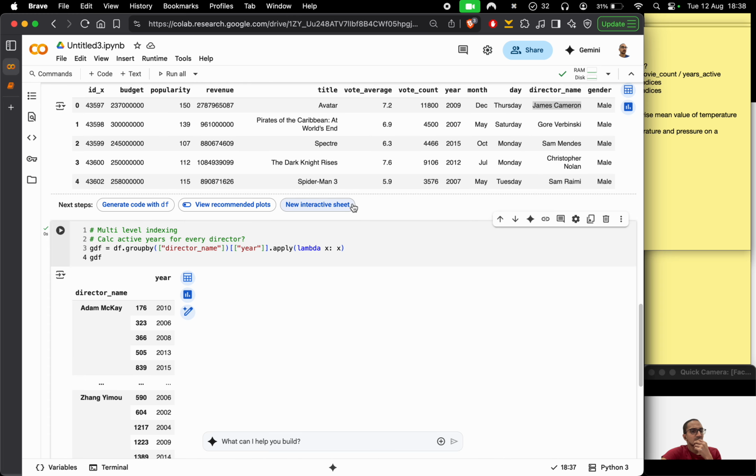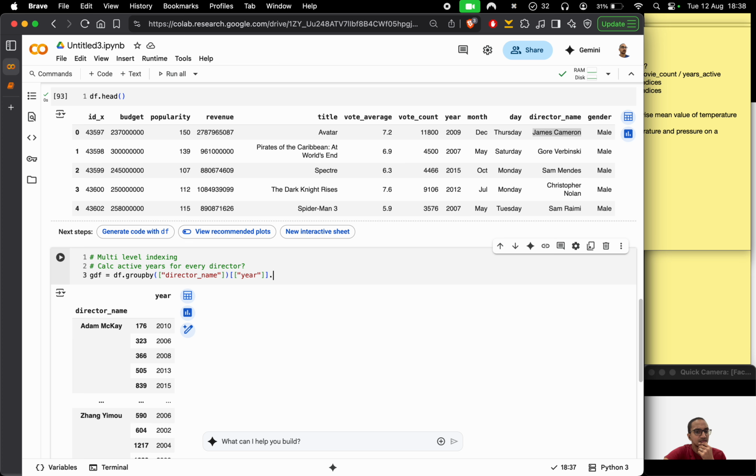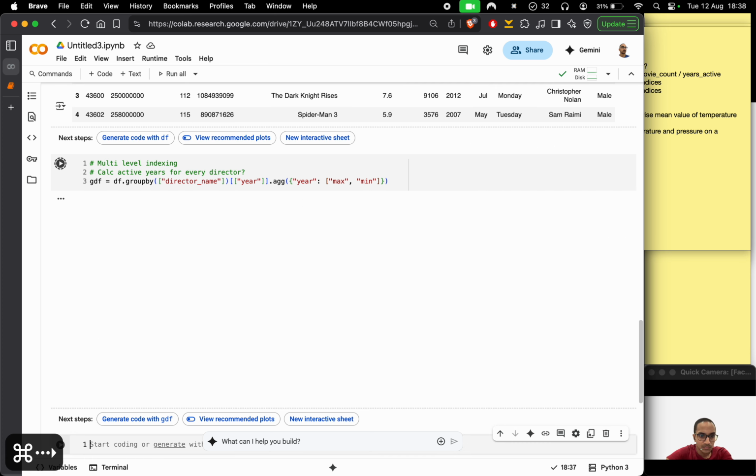Now the question is asking calculate active years of every director. So what we'll have to do is an aggregation of min max. So we have this function, right, aggregate. There is a special way of doing this, which is you can pass in a dictionary, and then you can say year, I want this key, which is our year, I want min and max on this to be applied as the max and min aggregations. Now if I run this